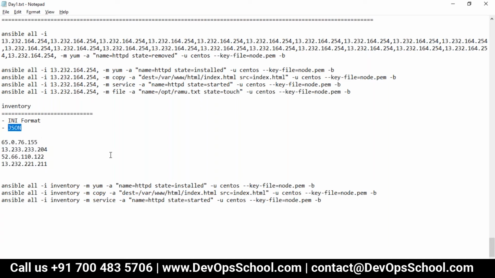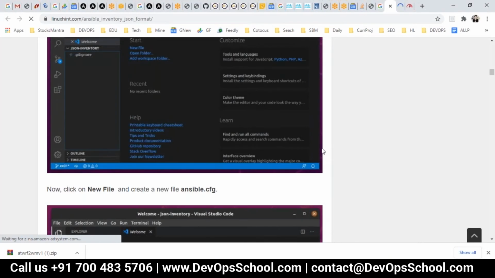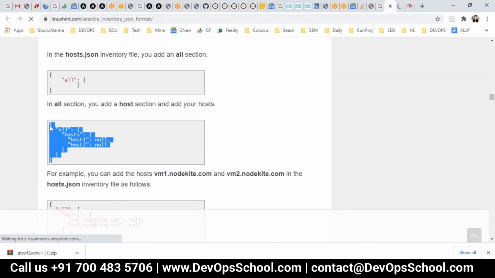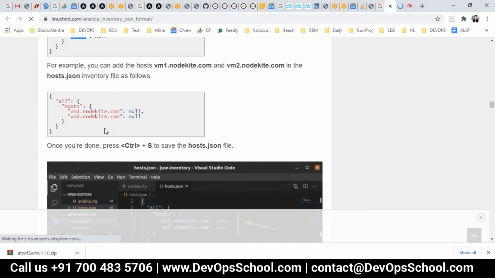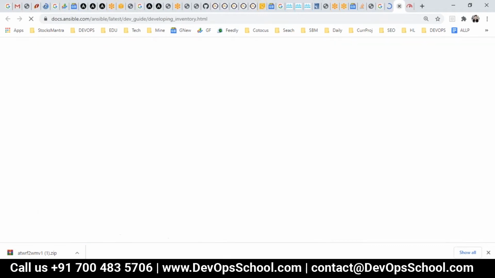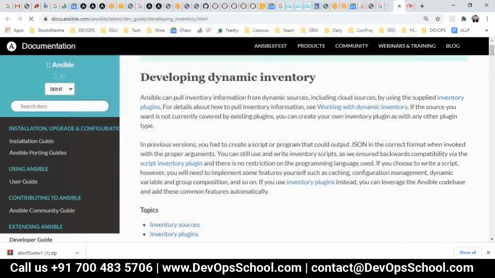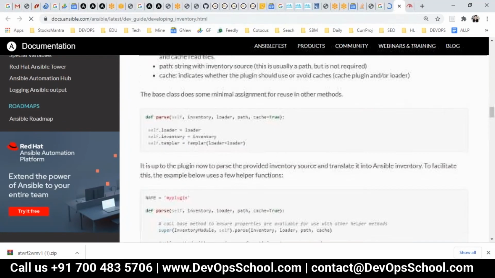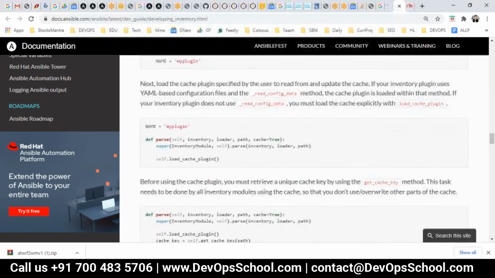Whereas in JSON, you have to use some special pattern. See here, this is the pattern. All is one group, host 1, host 2, like that you have to put it. Can we use any text file? No, it has to be INI or JSON, which I know for sure.